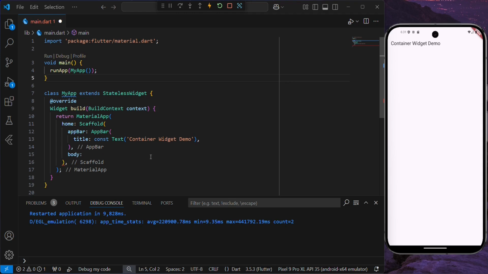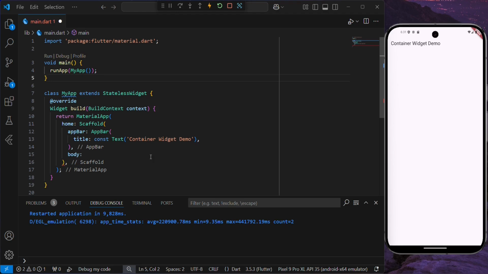Let's get started. What is a container widget? The container widget is a versatile widget in Flutter which you can use to create a box with various customization like padding, margin, color, border, and more. It helps you structure your app UI effectively. So I'm going to be diving into an example to give proper explanation to this definition which I've given concerning